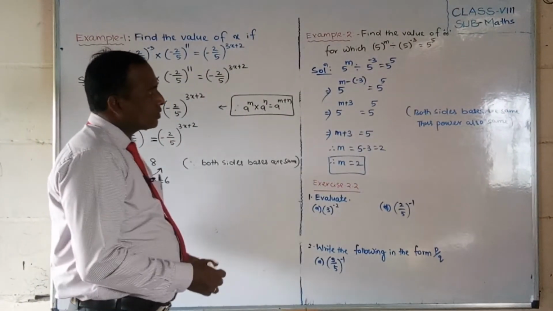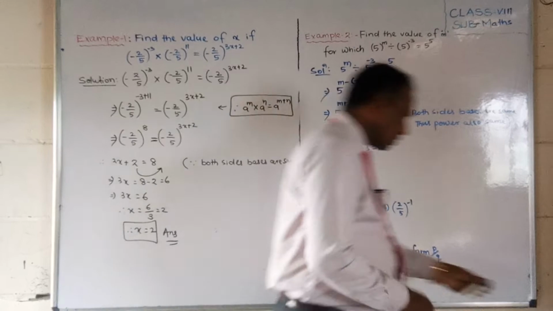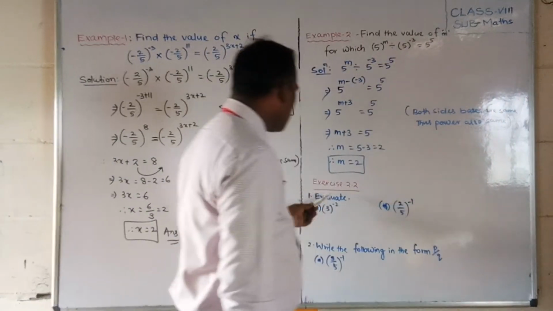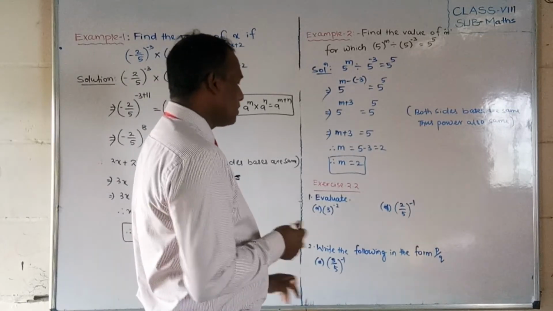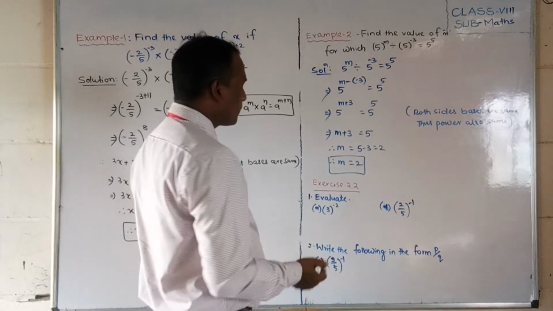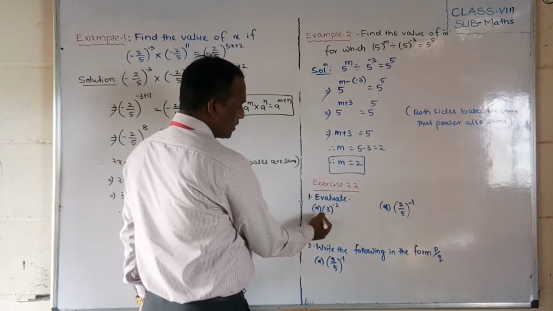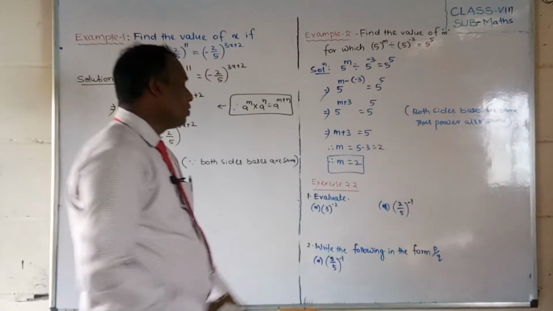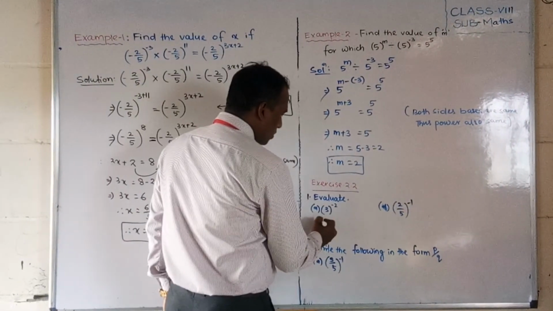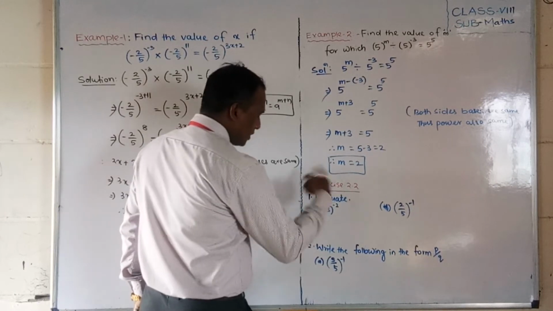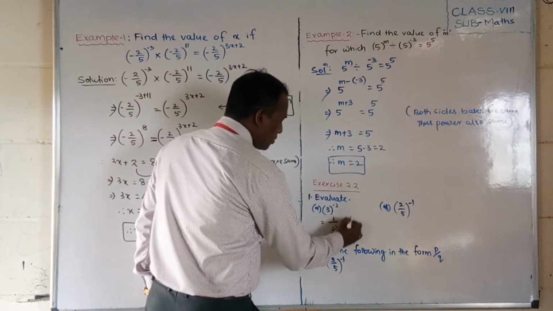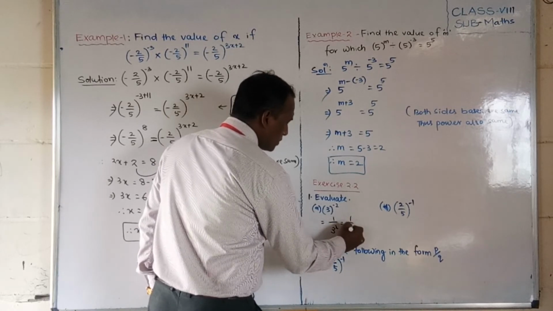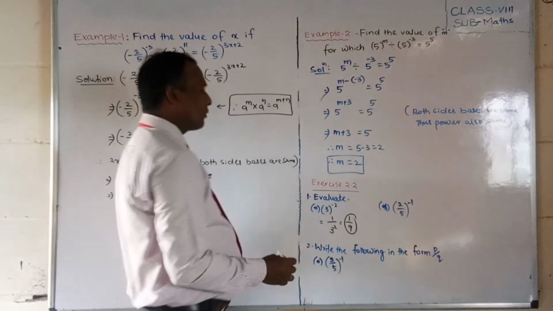Okay. Now students, you can see the next other problems. Students, I have written here exercise 2.2 first bit and second bit, some questions I will do. The remaining you have to do. Evaluate first question, first bit: 3 to the power minus 2. What I have already told you, if 3 to the power minus 2, then it is the reciprocal, 1 by 3 to the power 2, is equal to 1 by 9. This is 1 by 9.